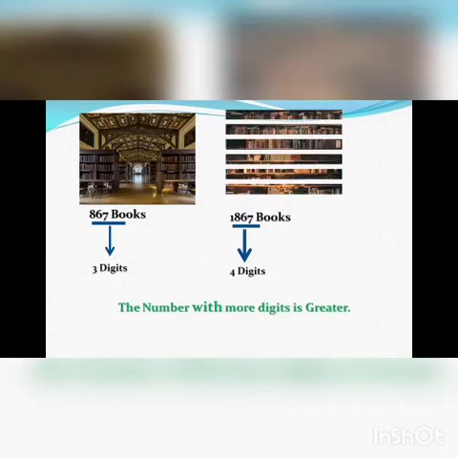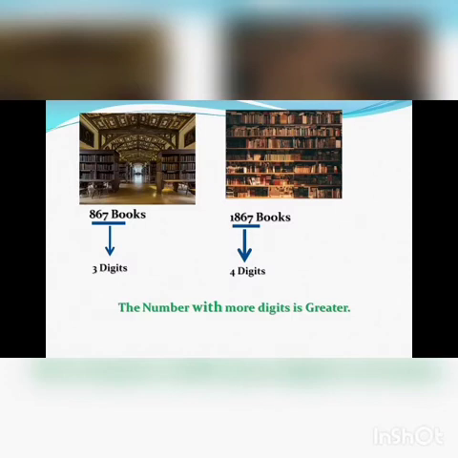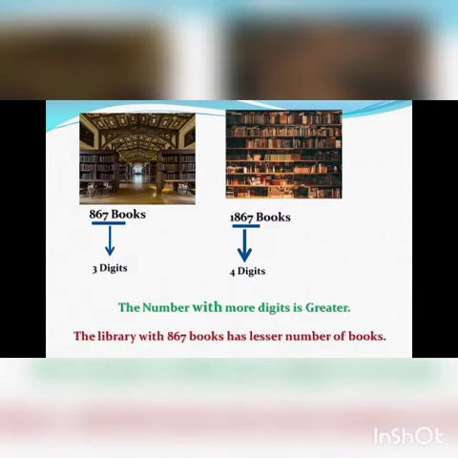To compare any two numbers, count the number of digits in both the numbers. The number having more digits is greater. Let us see this with an example. Here, library 1 has 867 books and library 2 has 1867 books. Here, the number 867 has 3 digits and the number 1867 has 4 digits. Therefore, the number with more digits is greater. That is, 867 is smaller than